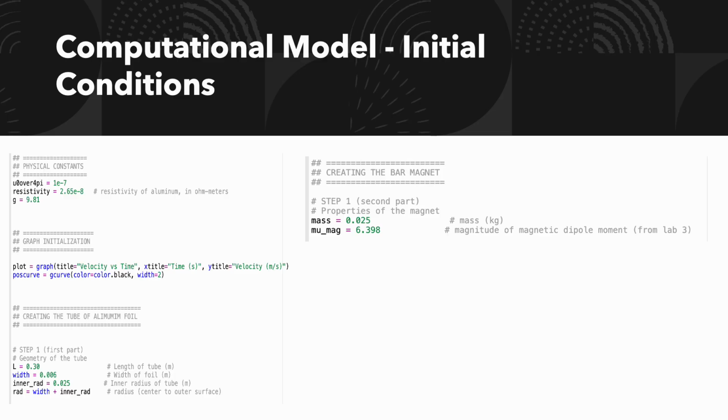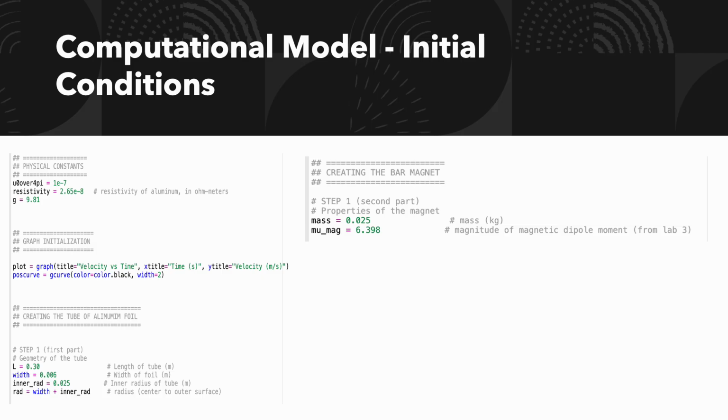Next up are the initial conditions of the computational model. So mu naught is 4 pi times 10 to the power of negative 7, resistivity of the aluminum tube is 2.65 times 10 to the power of negative 8, and then we have gravity, and the dimensions of the tube that we talked about earlier in the initial conditions, and the properties of the bar magnet. The mass of the magnet is 0.025 kg,